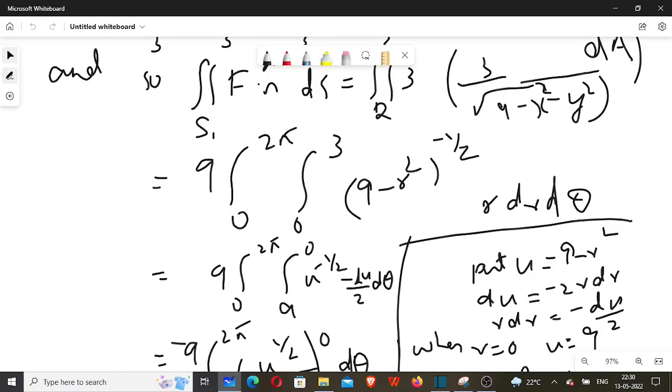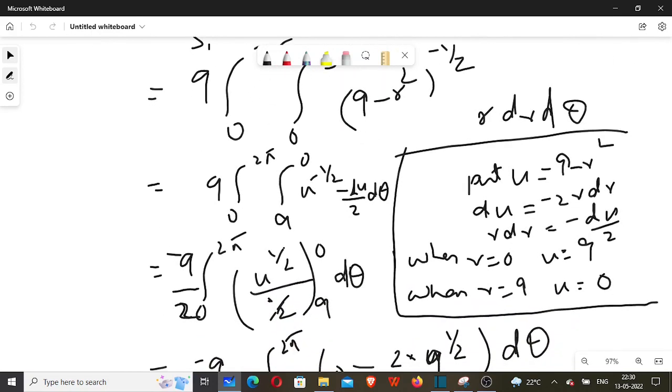Now to evaluate the integral, we can substitute, put u equal to 9 minus r square. So du is equal to minus 2r dr, so r dr is equal to minus du by 2. And the limits: when r equal to 0, u equal to 9 minus r square equal to 9. And when r equal to 3, u equal to 9 minus 9,